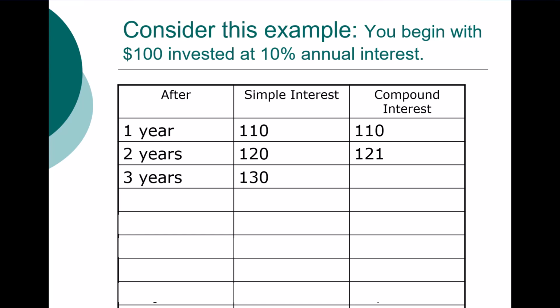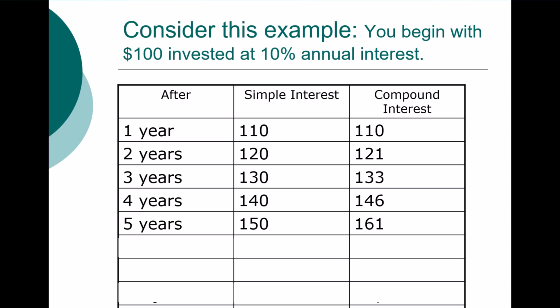Year three, simple interest, we get another $10 that third year for $130 total. Compound interest is going to give us $133. Year four, $140 in simple interest. Compound interest is going to be $146. Year five, $150 for simple,